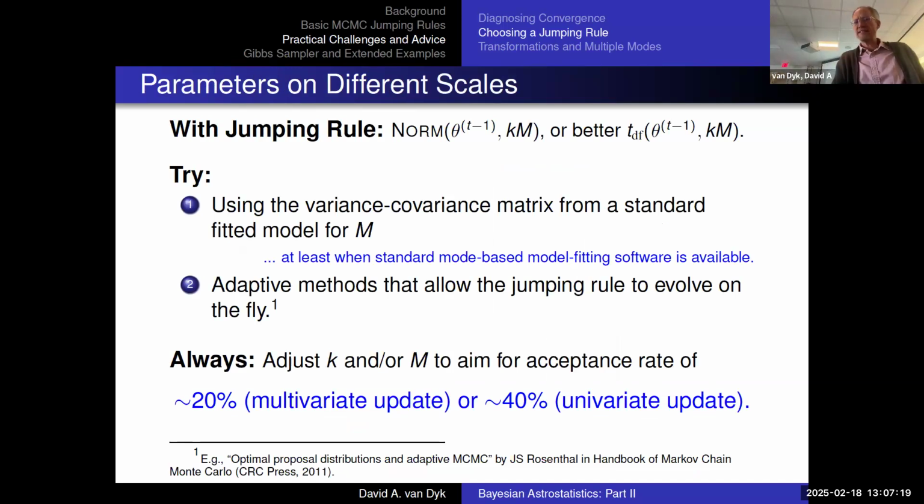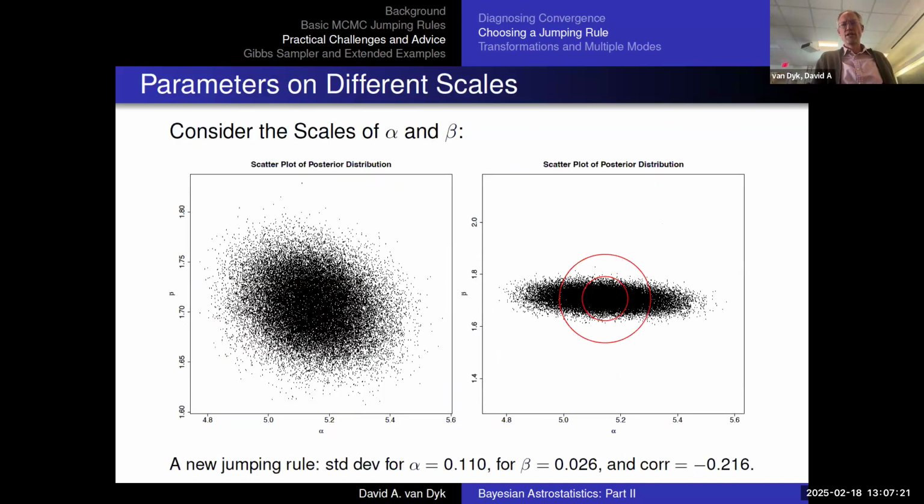Okay, so this kind of a strategy, though, this stuff is tuned. Why did I pick standard deviations, different values, and a correlation not equal to 0? Because something about this posterior distribution. So what you can do is you can run your chain to be able to do this sort